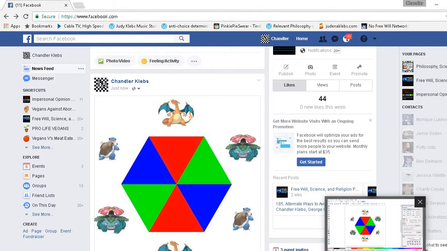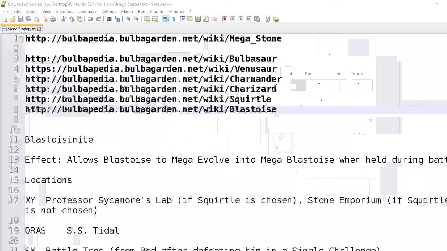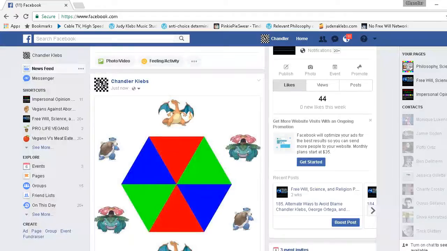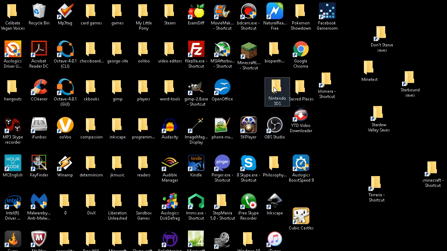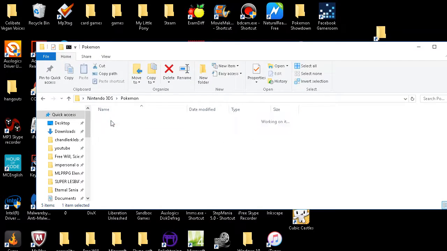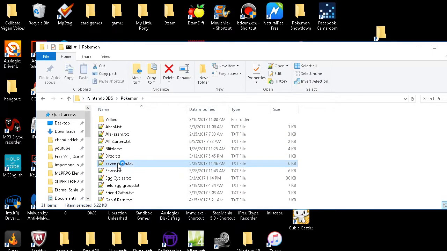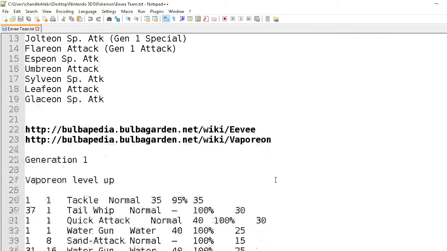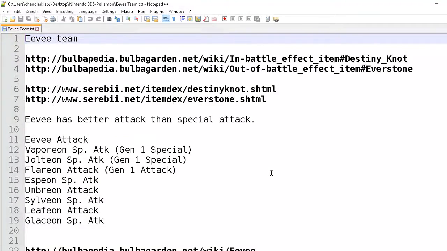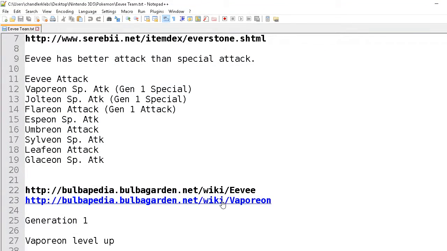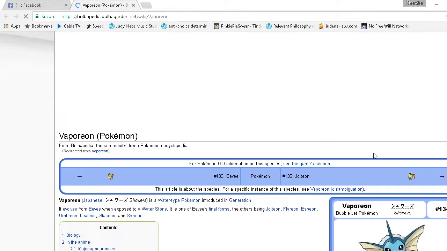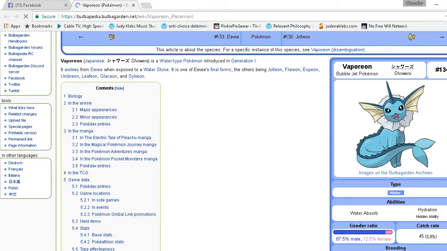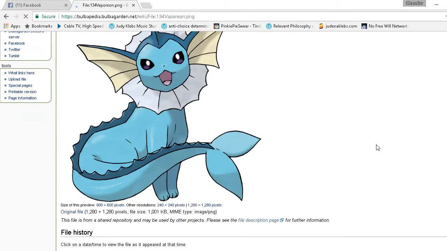But there's even something else that I would like to do, actually. Okay, I know I have duplicates of those Pokemon, so what I'm going to do is go to my Eevee Team folder. Well, that's weird. For some reason I don't have links to every one of them in here. That's no big deal though. Okay, Vaporeon is one that I definitely want. This will match the blue color. So I'm going to